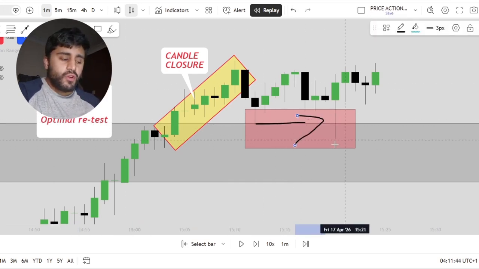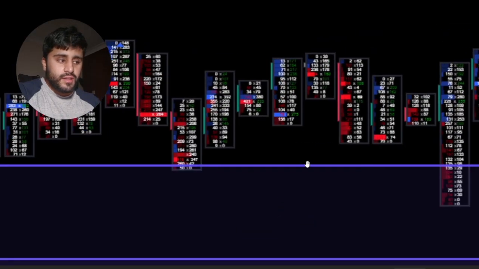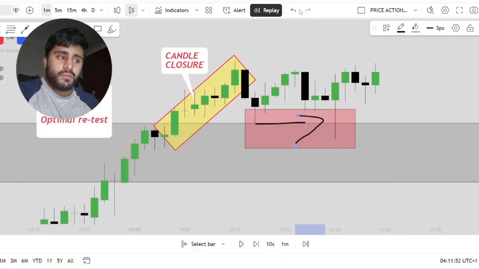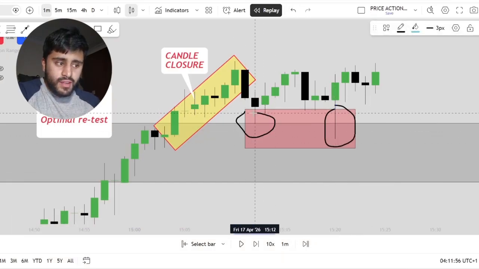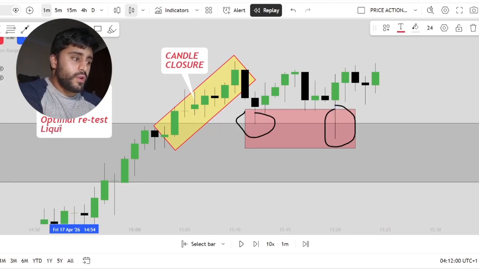This is a sweep, right? But what confirms the sweep? What really confirms a sweep is this. It's the insides of the candle that give you confidence, right? That's the only way to get around it. So this here and this here was the reason why. Step 4, once you have your liquidity absorption,